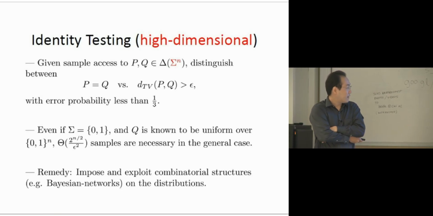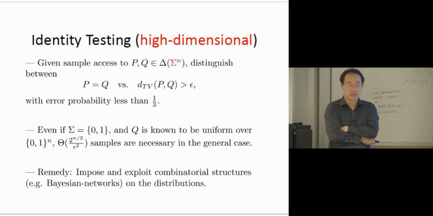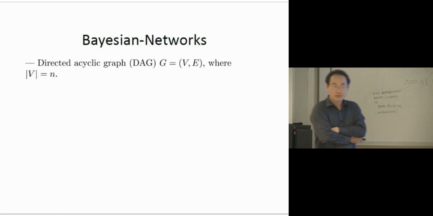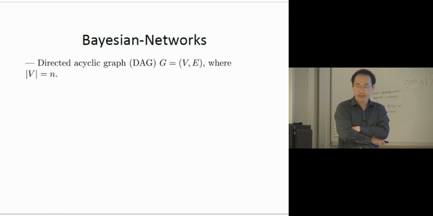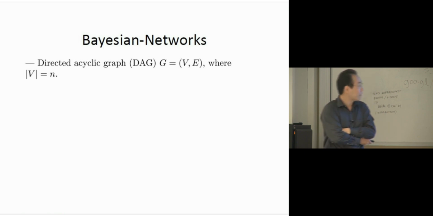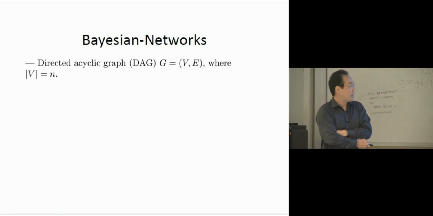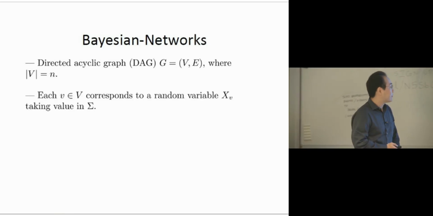So to get around the lower bound, we sort of need to impose some additional combinatorial structure on the distributions. One very useful and flexible way of tuning the complexity of the distributions is through Bayesian networks. To define a class of Bayesian networks, we start with an acyclic graph G with n nodes, each representing one variable of the joint distribution,